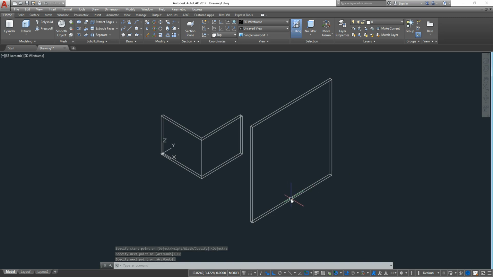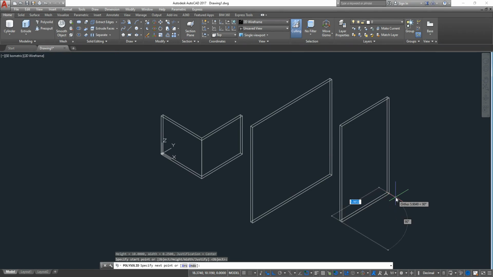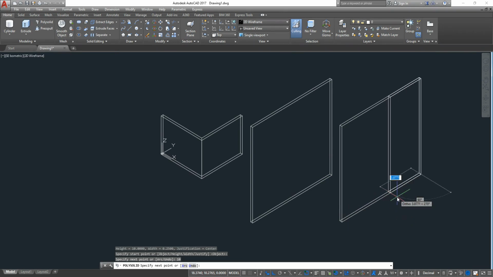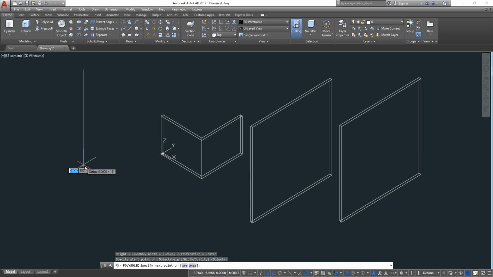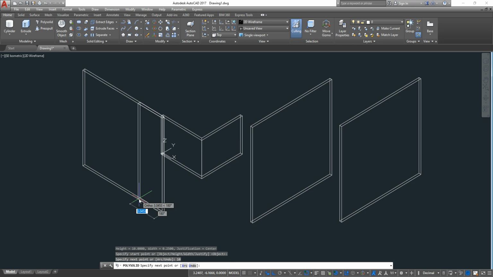So the length is along y. If we want to use the polysolid again, give a length along y. Let's have 10, so that is the length for our 10 value. If we go along our x, it will go 10 again. That will be our length through our x value.